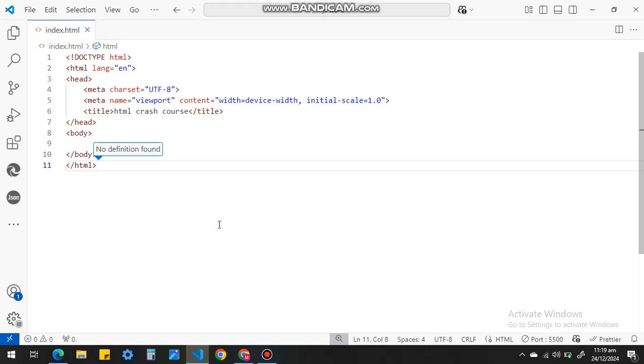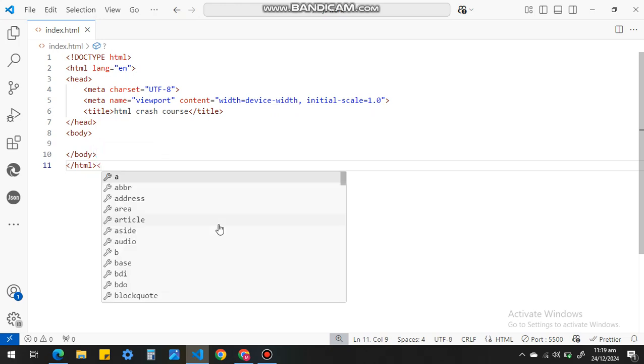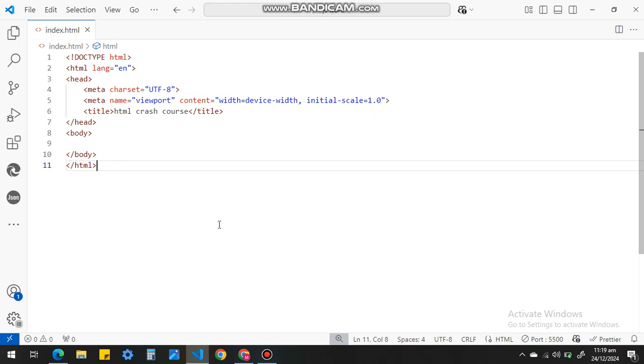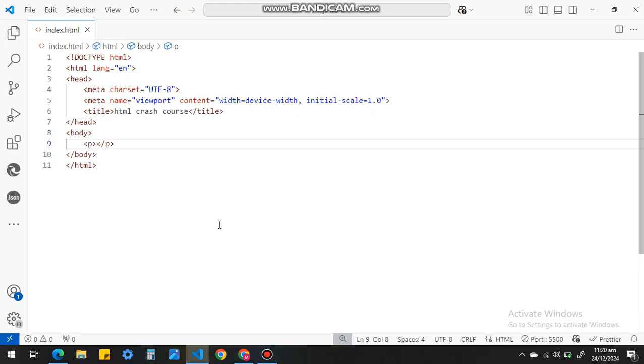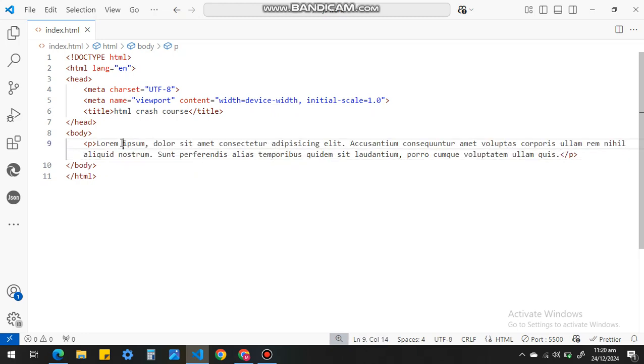So today I'm going to explain how I can use paragraph tags to make a paragraph inside my webpage. So let's write this. I could write the word Lorem. Whenever I write Lorem, I can press Tab, and it automatically generates random text